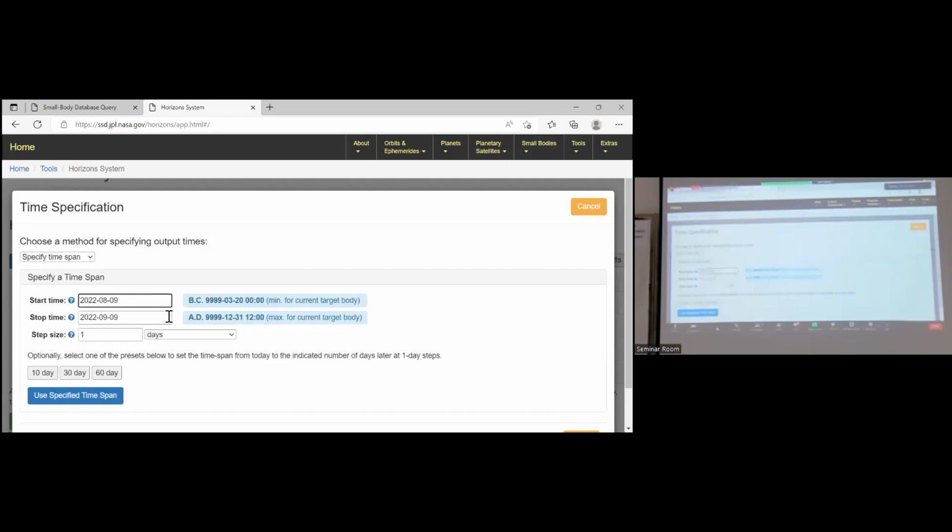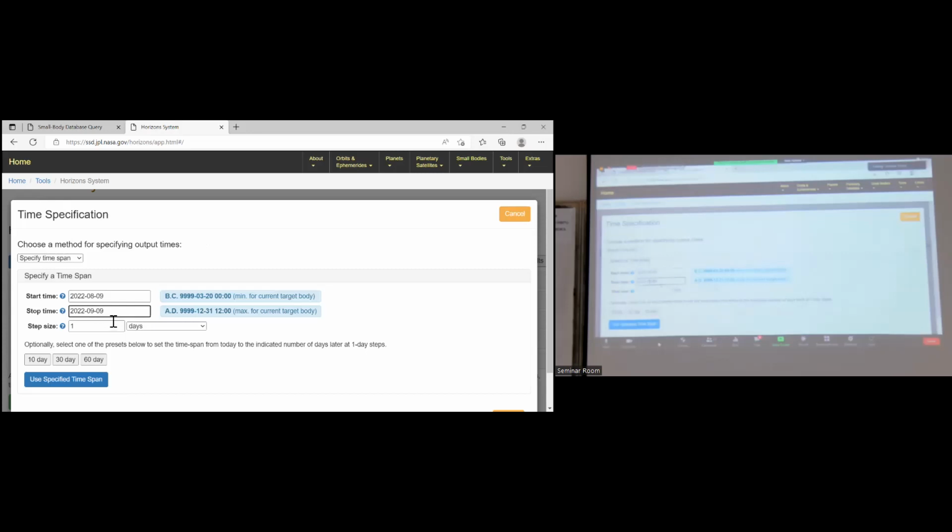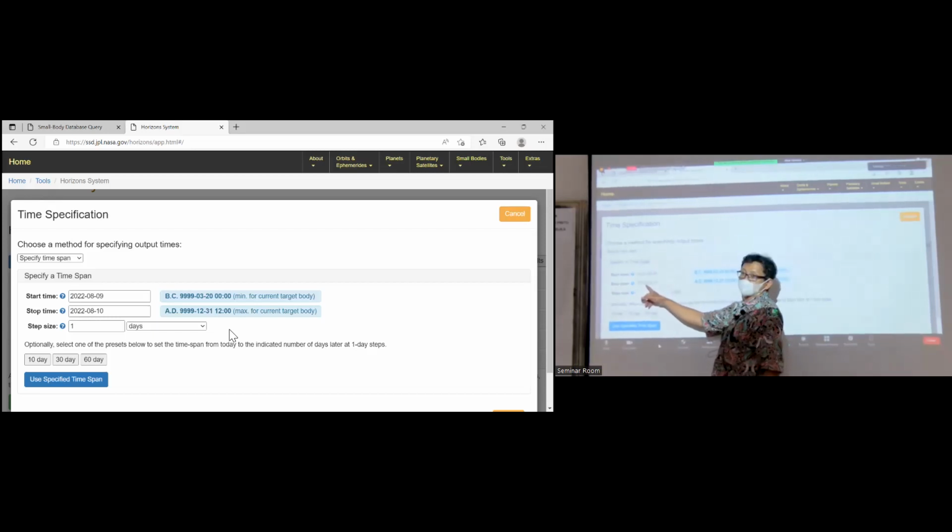Stop time. You should better choose 1 day because you just need one data. Okay, from 9 to 10 August 2022. This means for a step size of 1 day, you will have 2 data for Mercury.